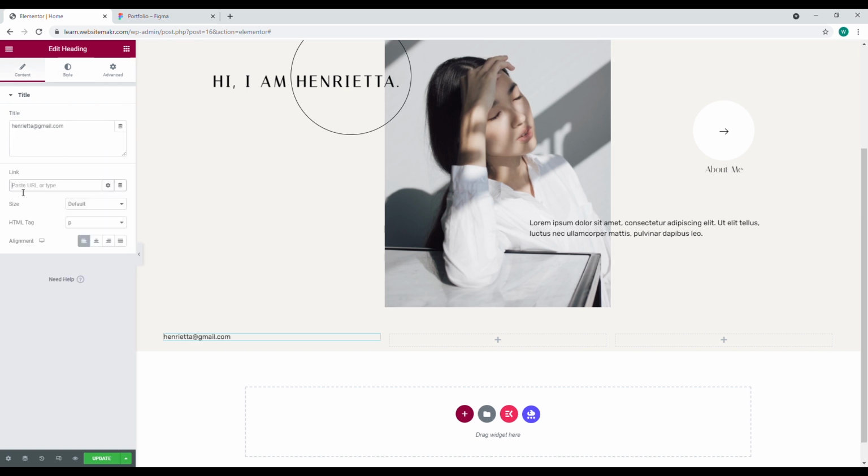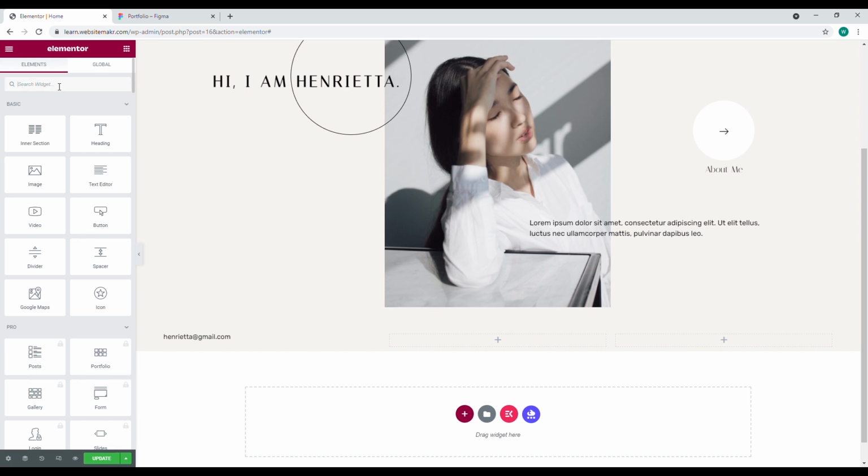And then we add this mail to site. So with this, when they click on this, they can actually send an email to your email,